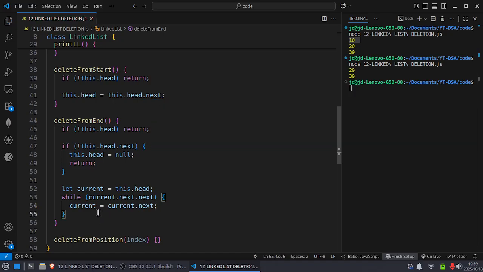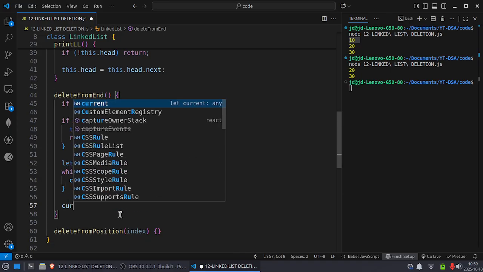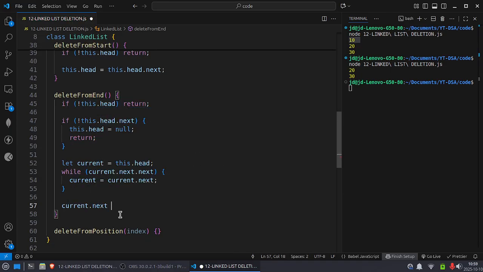So basically we reach the second last node using current.next.next, and we update current by current.next every time, and then we set current.next equal to null, which means removing the last node.